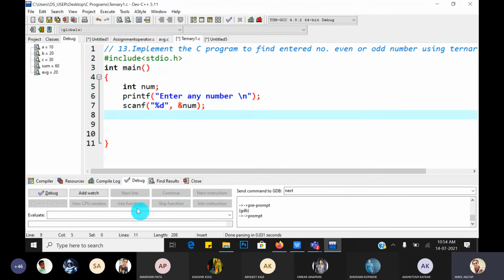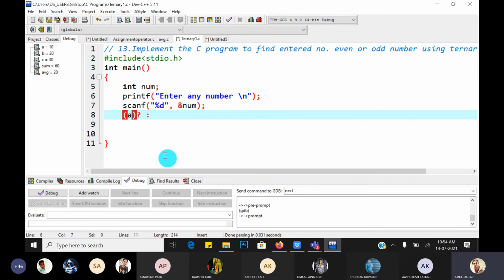So how does the ternary operator look? Question mark and colon. This operator is used for processing on the number. So what is the syntax? First ask the question.